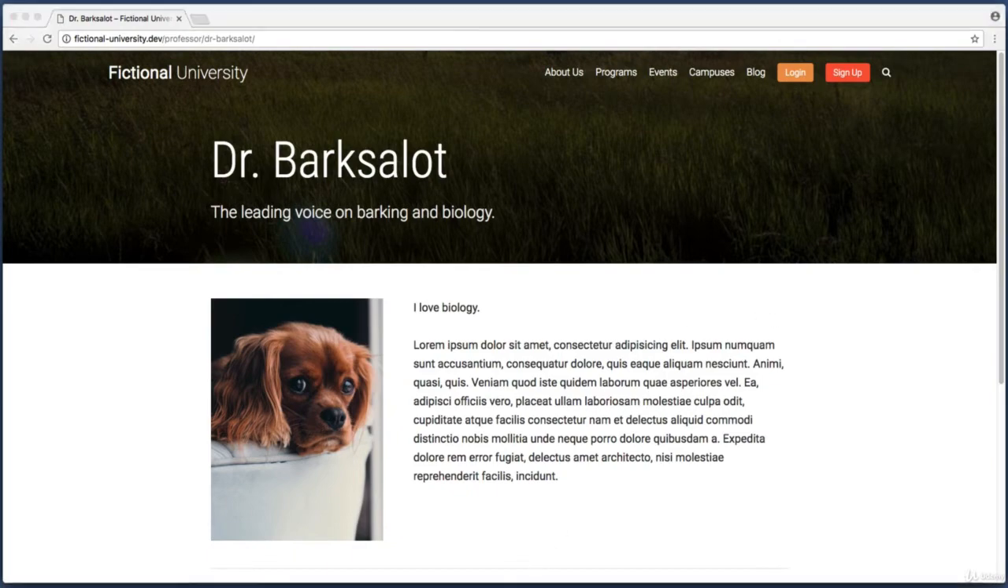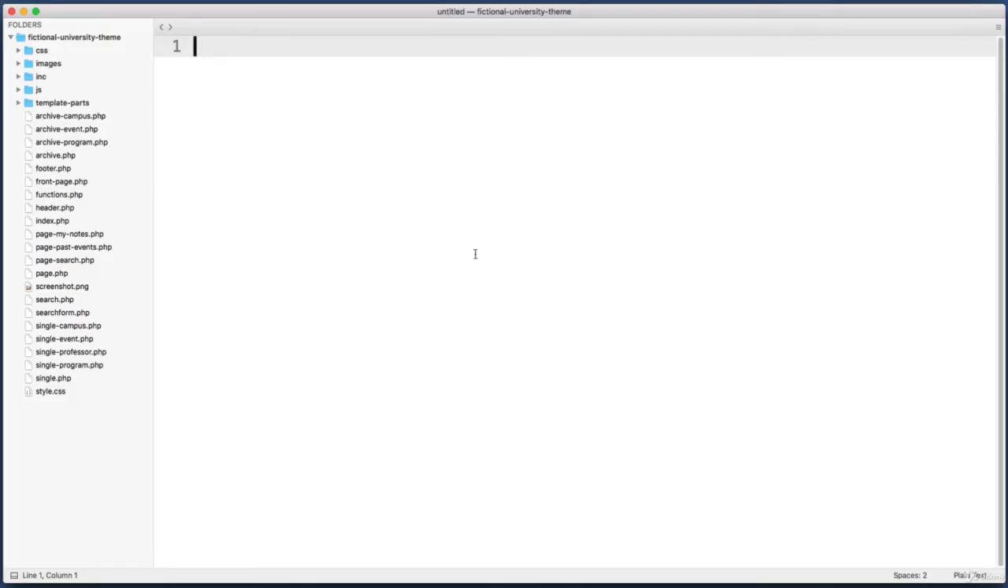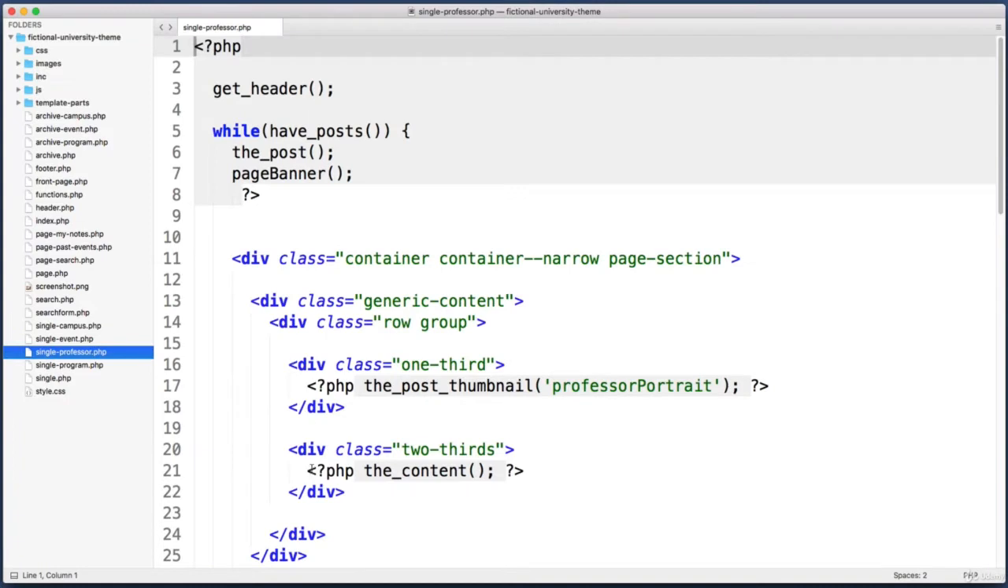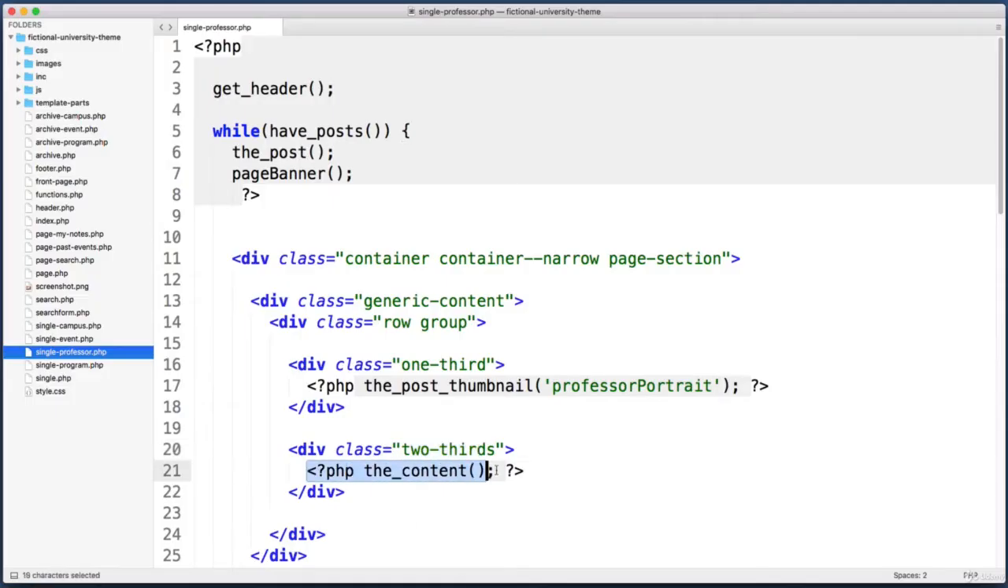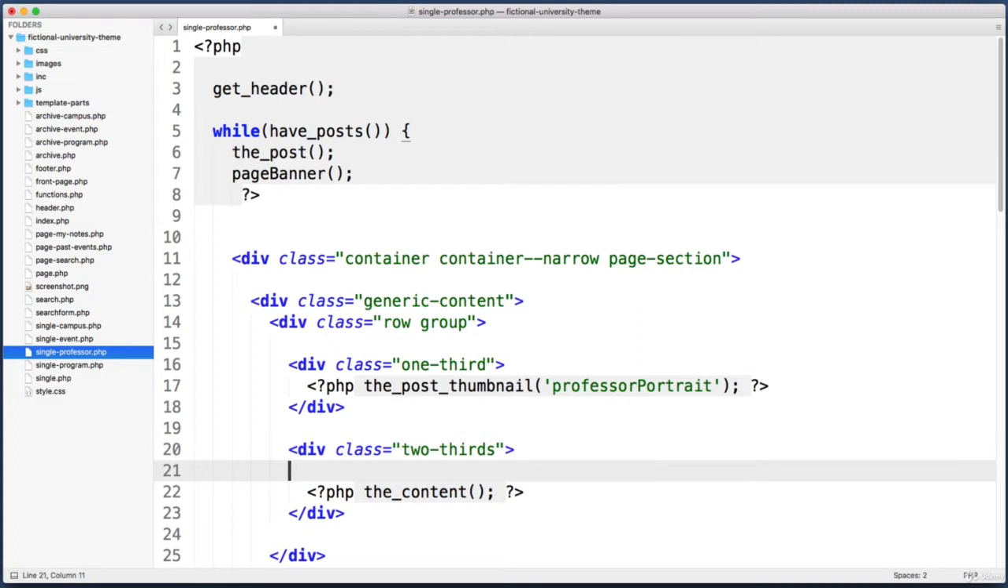So over in our text editor, within our theme folder, I want you to open up single-professor.php. Okay, and I want you to find the PHP block where we are outputting the content. So for me, it's sitting within the div with a class of 2/3, right? That's this area. Okay, and right above this PHP block, let's add a new line and let's create a span element. And let's give the opening tag a class of